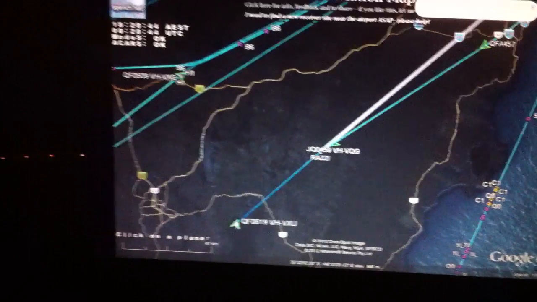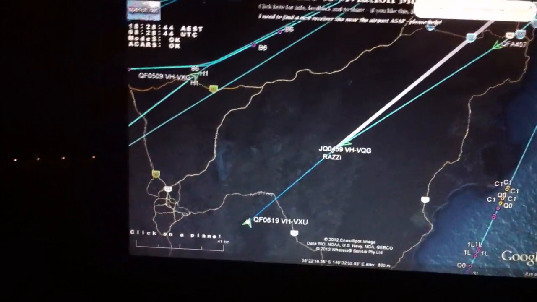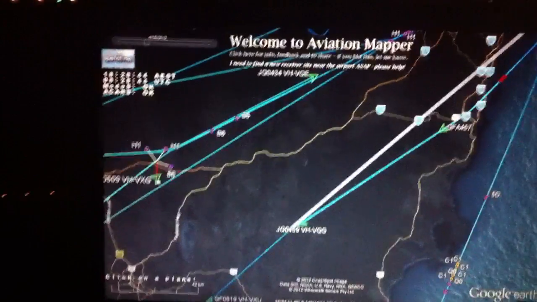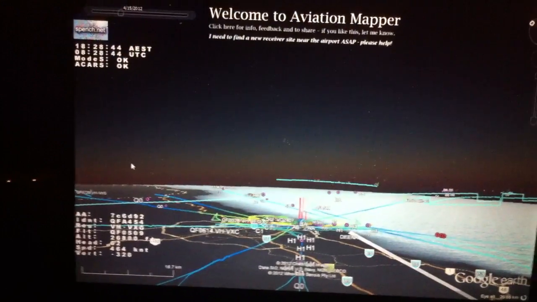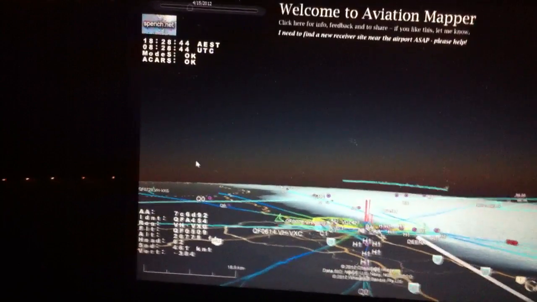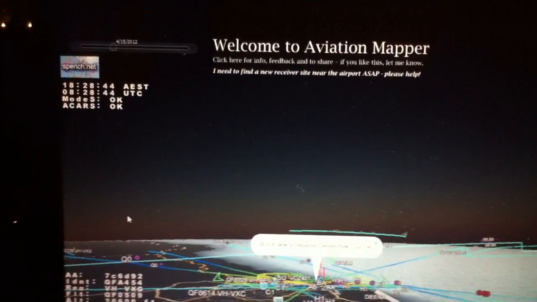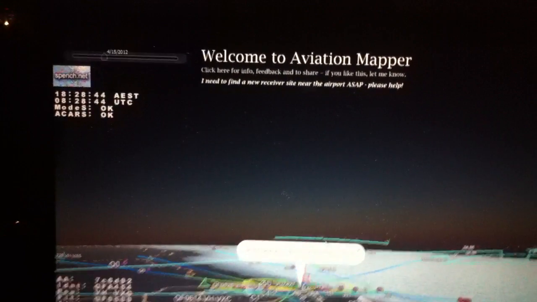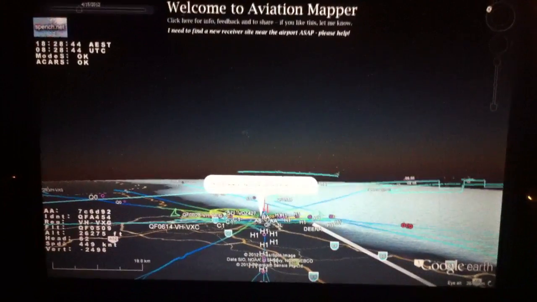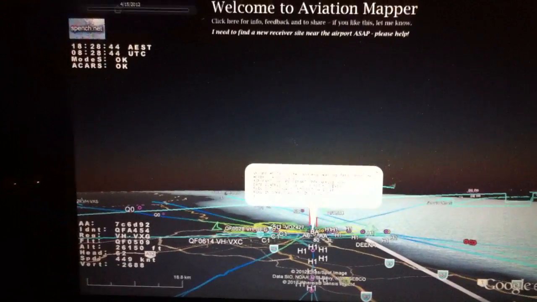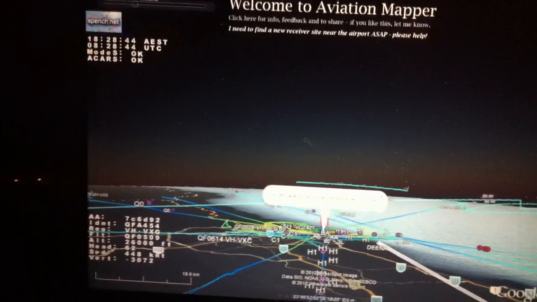So if we look now in the bottom left hand corner while selecting another aircraft, for example this one here, Victor X-ray Golf, we can see that it's travelling at 453 knots, currently at an altitude of 26,475 feet approximately, and we can see down onto Sydney Airport, flurry of activity, flurry of ACARS messages, altitude is